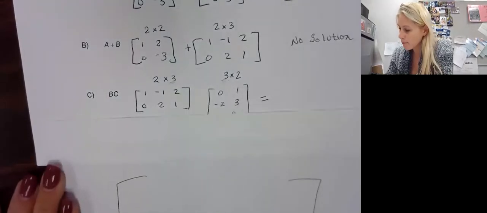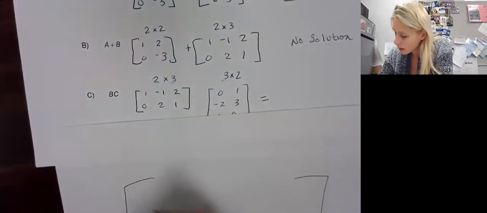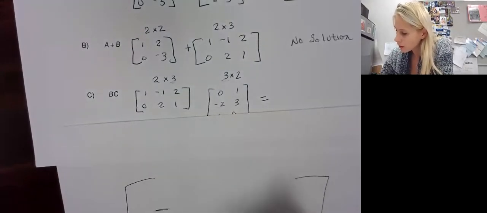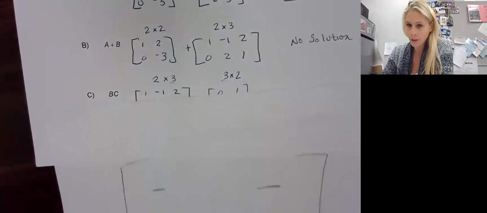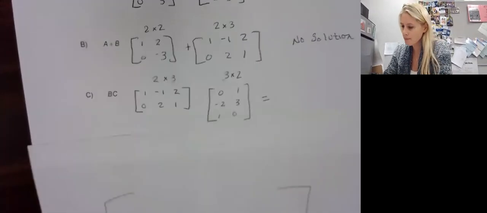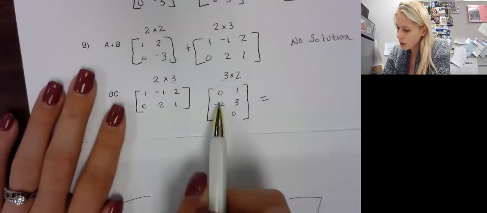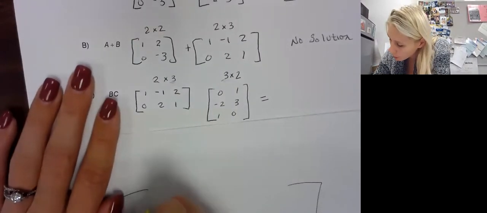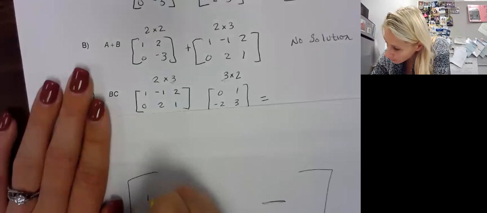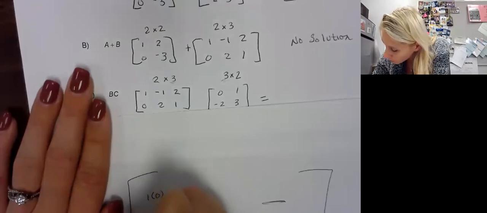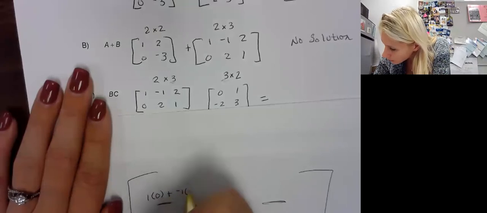I'm going to make it big enough so that way I give myself enough room. Okay, so that's how I'm making it. All right, so row 1, column 1, which means I'm going 1 times 0 plus negative 1 times negative 2 plus